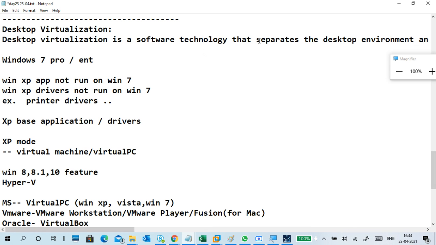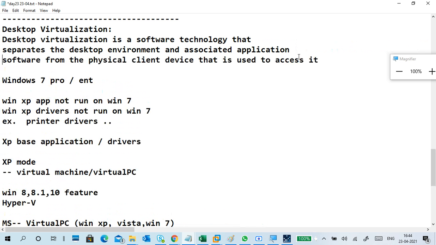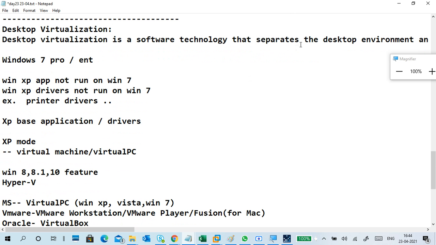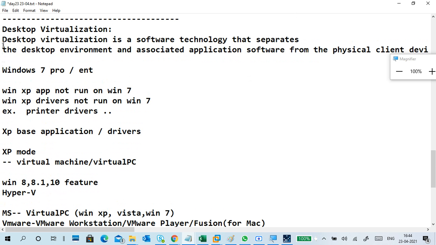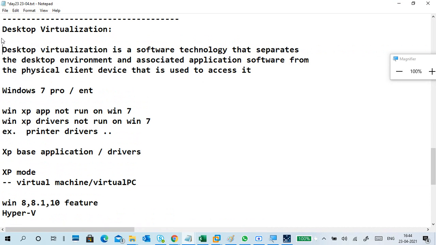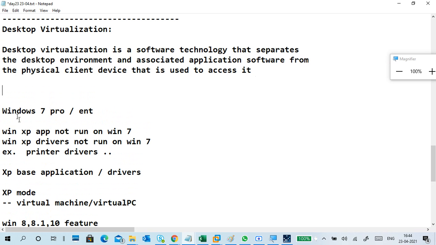What is a desktop environment? The desktop user profile data, like that. That is also separately handled, so it is completely intact with the main part.